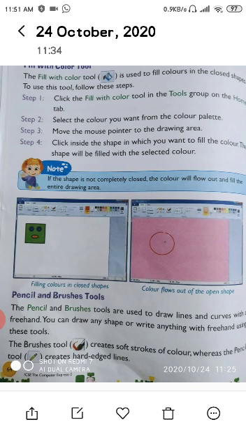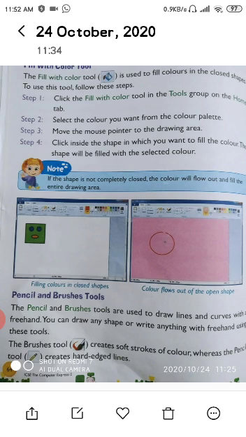Step 1. Click the fill with color tool in the tools group on the home tab. Fill with color tool, choose it from the home tab. Step 2. Select the color you want from the color plate. Whatever color you like, you choose here.